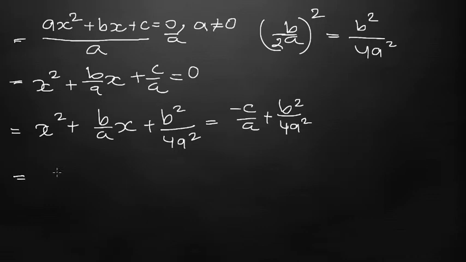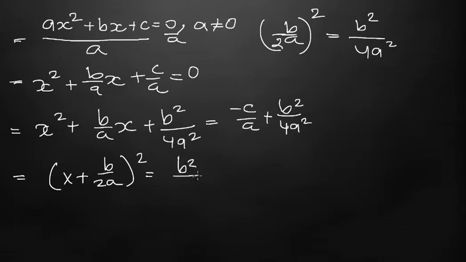Alright, so for the next step, I can rewrite this left hand side as the square of x plus b over 2a. If you multiply this out, you're going to get this exact same thing, because we made this a complete square, so we can just easily raise this to the second power. And if you don't believe me, you can just multiply this out and you're going to get the same thing as it is here. So that's going to be equal to